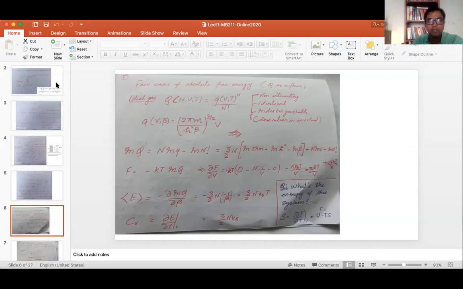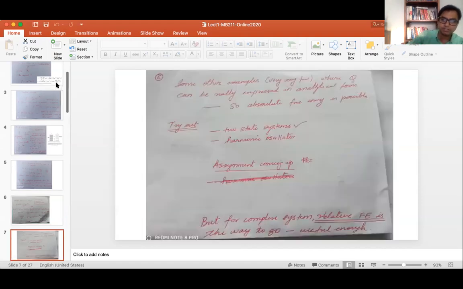being non-interactive, with all particles identical and indistinguishable, you can write it as a product of individual partition functions, and you end up getting the equation of state and average energies and so on. So the idea was that once you can write the partition function in an analytical form, then you can use these thermodynamic equations to extract properties. For example, pressure would be a derivative of free energy with respect to volume, pressure and volume being conjugate terms, and you will end up with an equation like PV equals nRT.